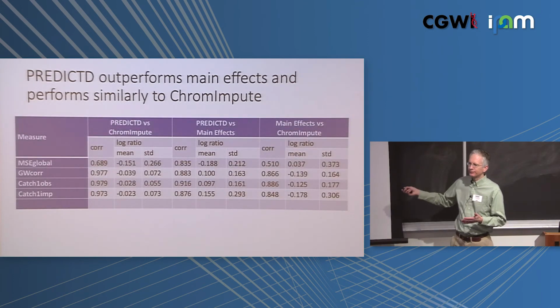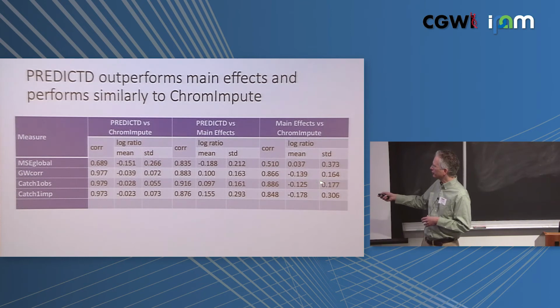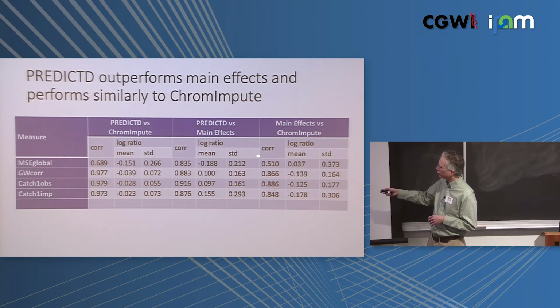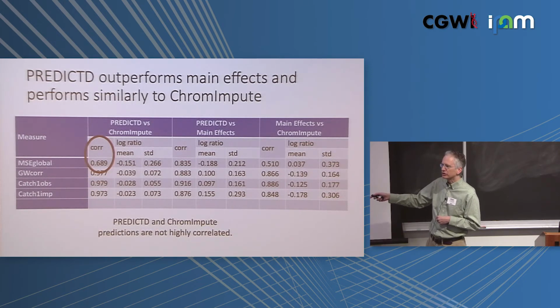So this is just the same data represented a different way. I just want to point out one thing. These show the log fold change for each of the three performance measures I showed you on the previous slide when comparing pairs of methods. For example, we know PREDICTD is better than main effects. For mean squared error, smaller is better, so a negative log fold change is good here. This again shows that PREDICTD is better than ChromImpute in mean squared error, but worse in these three. The thing I want to point out, though, is that if you look at the correlation